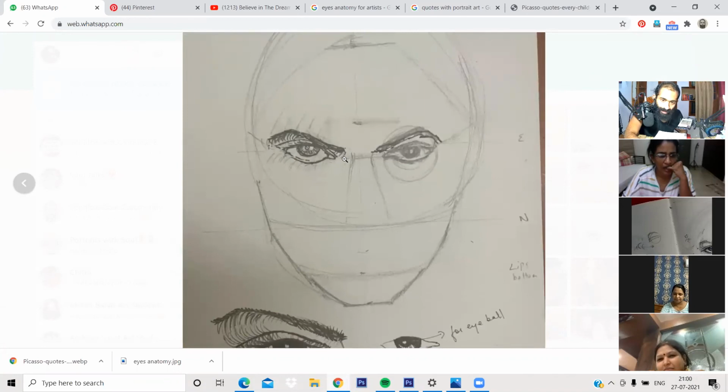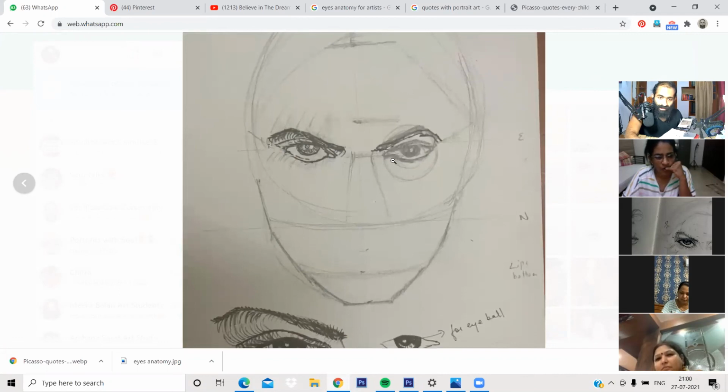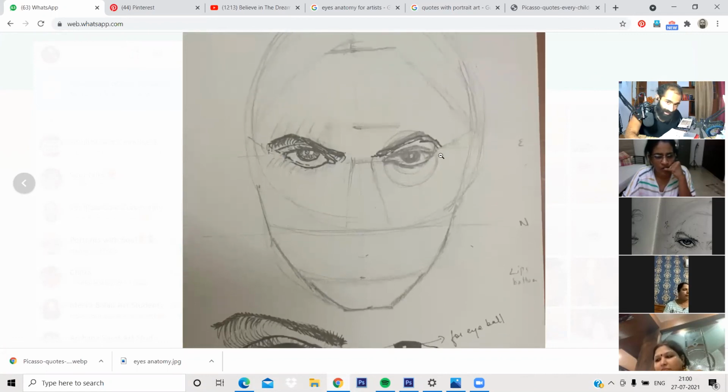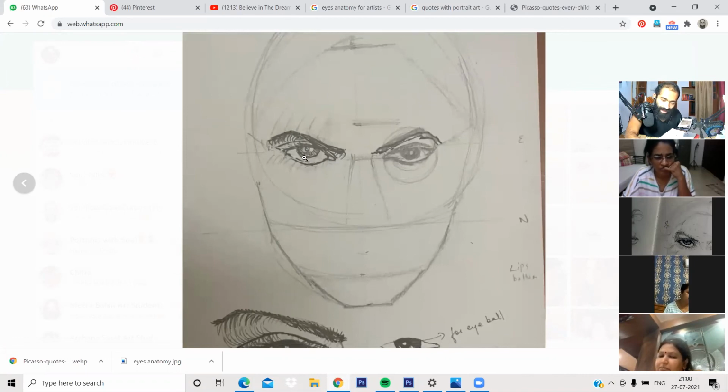So when I look into this one here, again, this is another expression. She looks a little angry. In both of these, she looks a little angry, but it isn't a very bad drawing either. The resemblance is there. The left eye has come out very well. The right eye needs work. I feel this eye could have been wider. It's narrower.